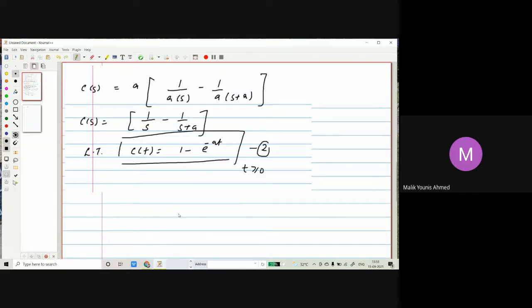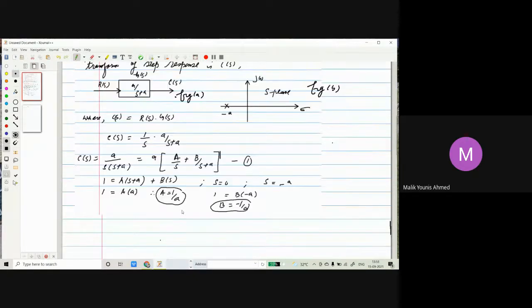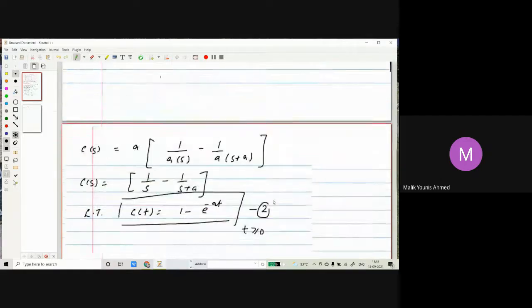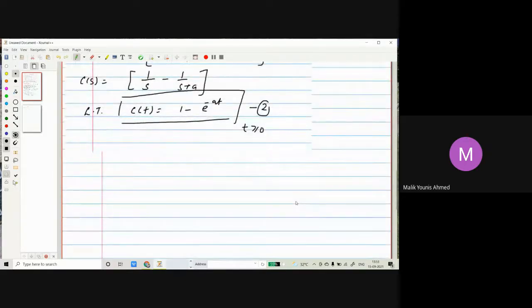Now we need to look into this graph. This is a step response of a first order system. Now we will be using equations 1, 2, 3. First of all, we'll complete those equations. So up to here we have done. Now after that, we can say that